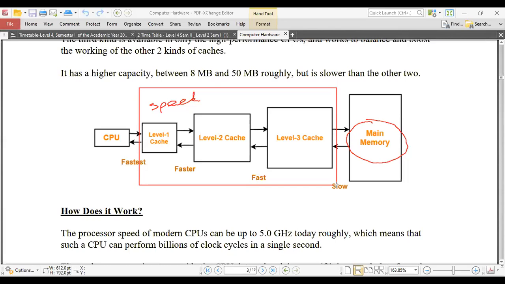So this is done to manage the memory with the cost. Developing cache memory is highly costly. To speed up the process, the processor needs high speed read and write access. Therefore, this cache was introduced and it has a smaller capacity, but it can perform at a higher speed. And it was divided into 3 levels, and all these things are done to manage the memory with the cost.